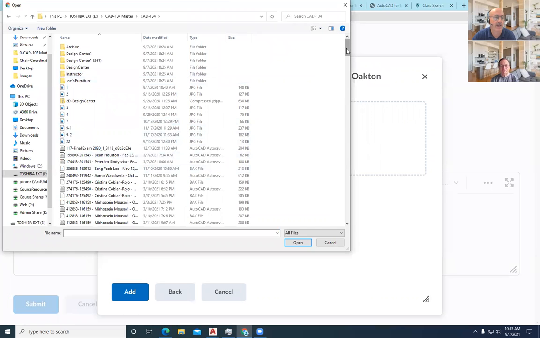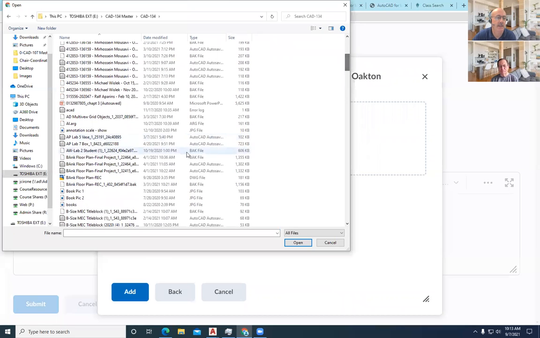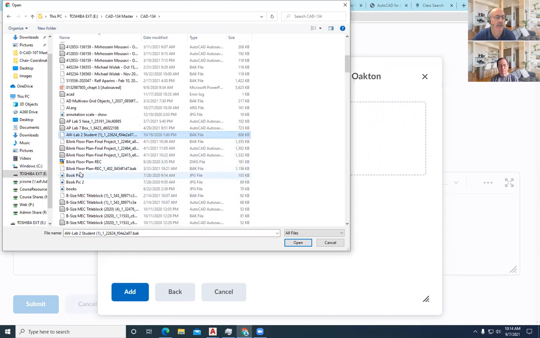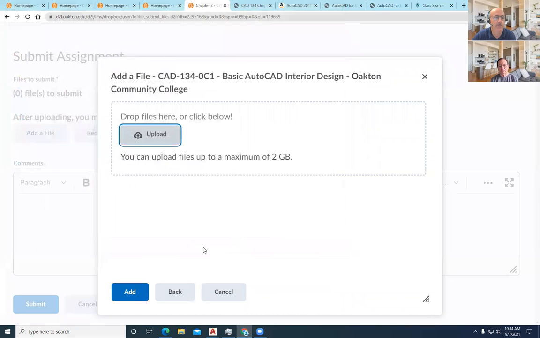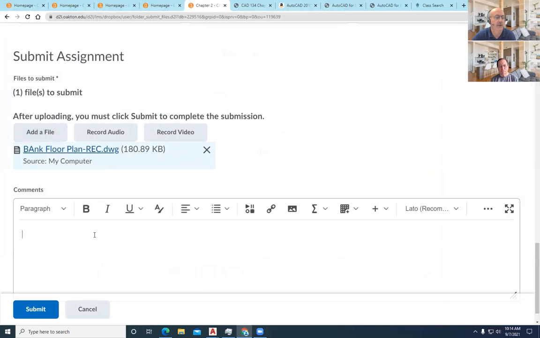So if I decide to add a file, and the book goes through all these different file types, like a backup file and how to restore a backup file by renaming it. Here's one of our bank floor plans. This is a really cool drawing. And when I add that in there, it tells me I'm okay to add it. And then if you have any comments, for example, you need some help,